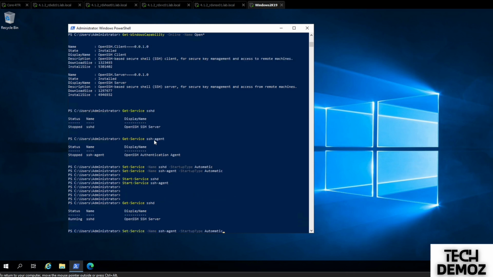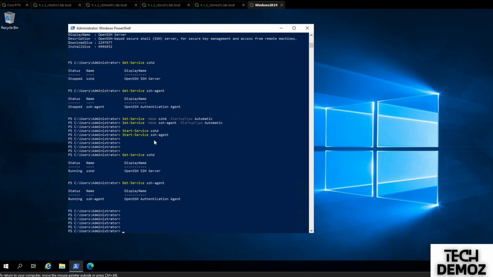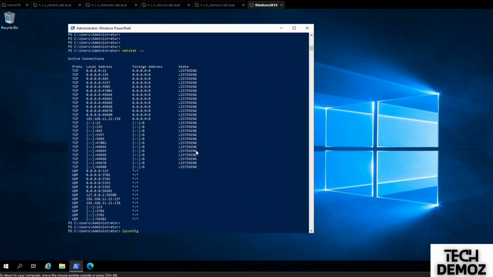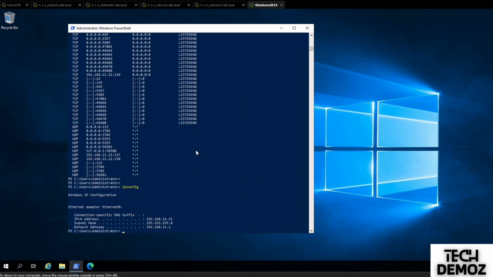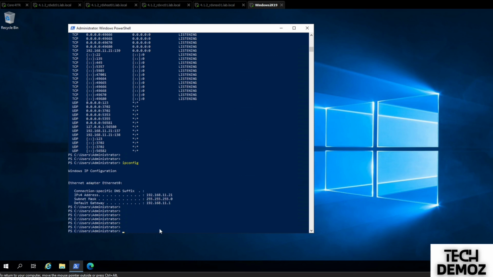That is running. Okay, so nothing else, I think we are done with that. Let me quickly show here, so we can see SSH is running on that box. Prior to jumping to NSX, let me see the IP config here. So the IP is 11.21, and this one is the